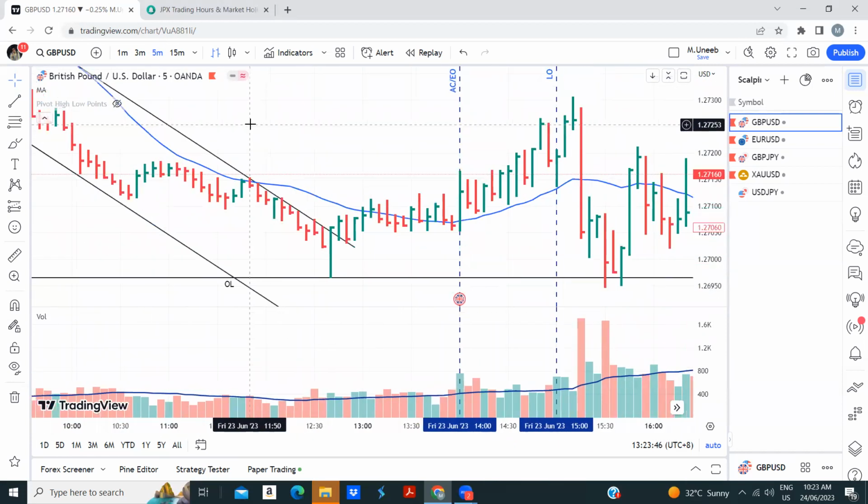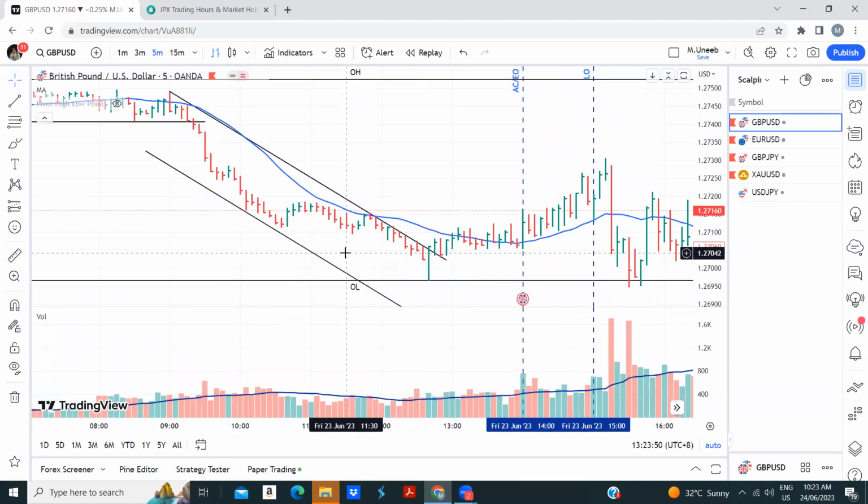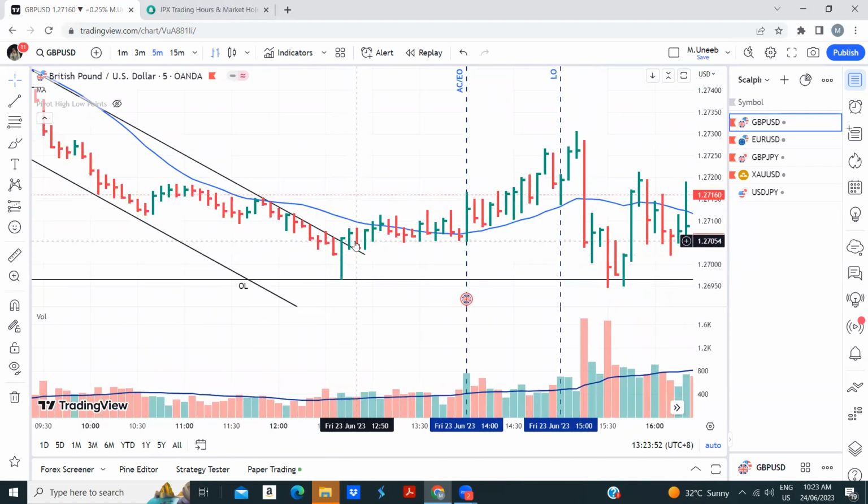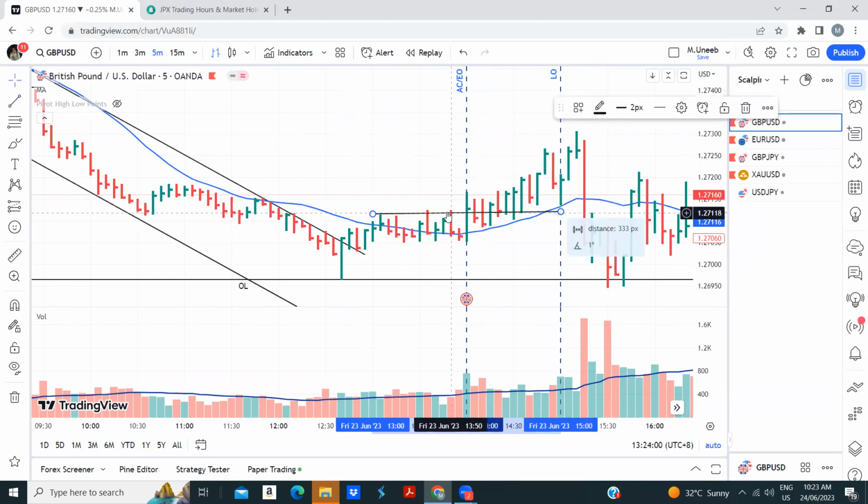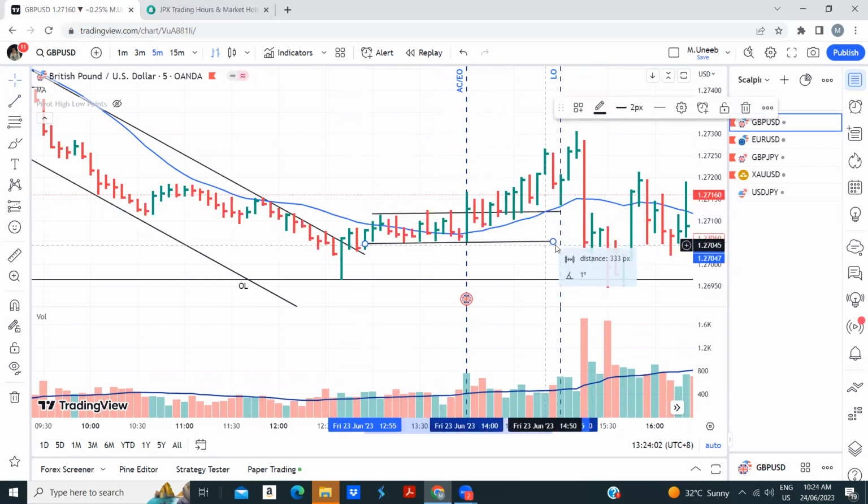Okay. So what happened after this one? On a 5-minute time frame, we see a breakout, the price follows up, and price forms what? A reaccumulation range, right? Yeah. So the bias at the OL